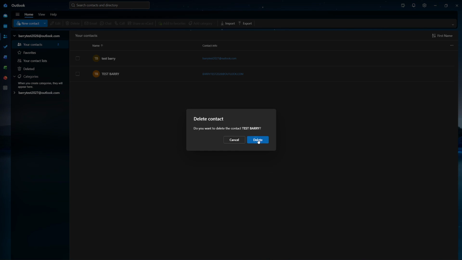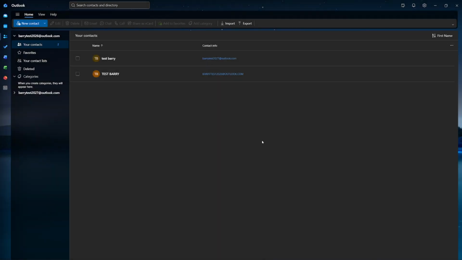Once you're in the People view, find the contact you want to remove. If you have a long list, use the search box at the top to type a name or email address and quickly narrow things down. When you see the correct entry, click it once to select it. If you want extra reassurance you've got the right one, glance at the details pane on the right to confirm the name,